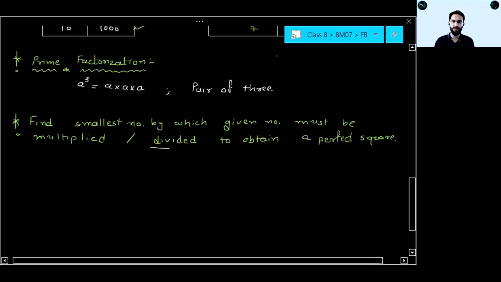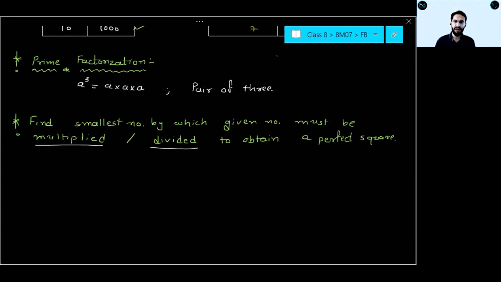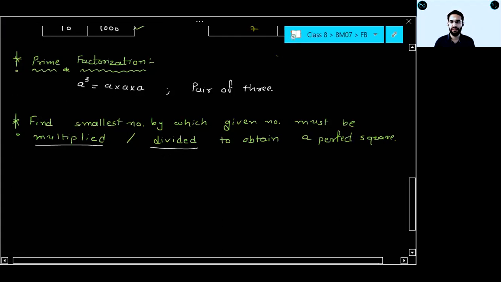See here carefully. If it is multiplied or divided, which method are you going to use? Here only one method is there. Which method? Prime factorization, right? And definitely you will have an unpaired number. But here the unpaired numbers are in the form of a. A is also an unpaired number, a square is also an unpaired number. Are you getting my point? A cube is your paired number.